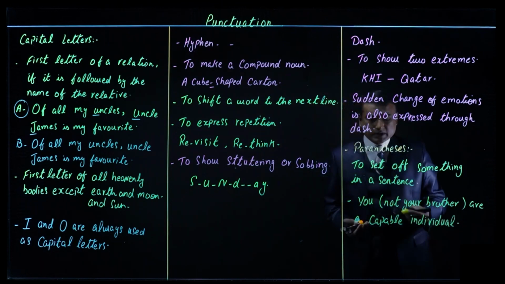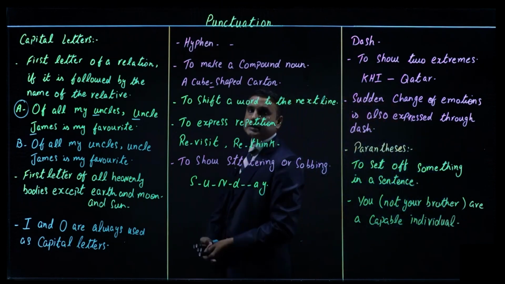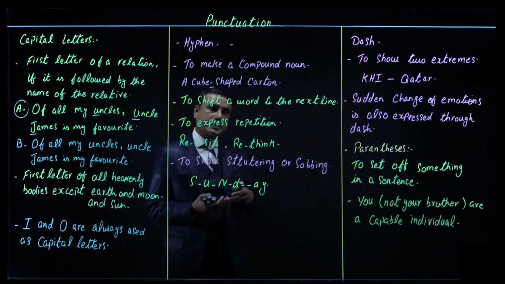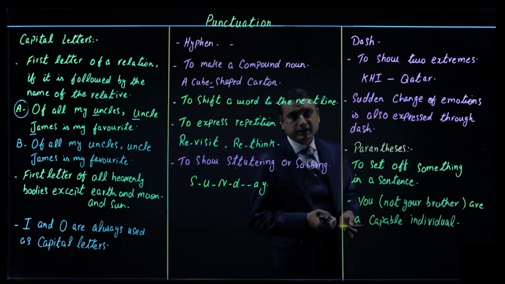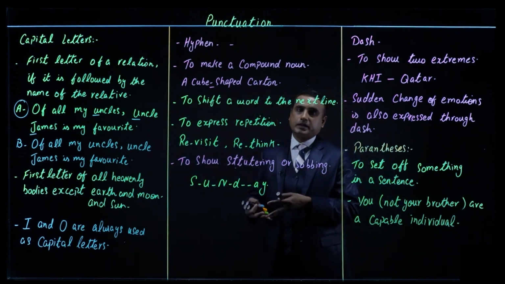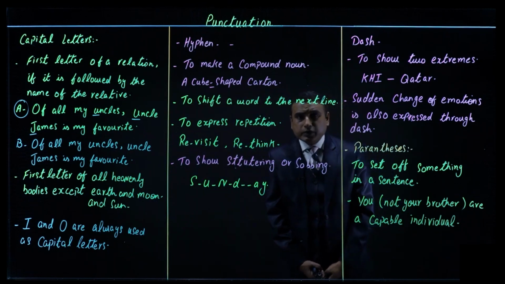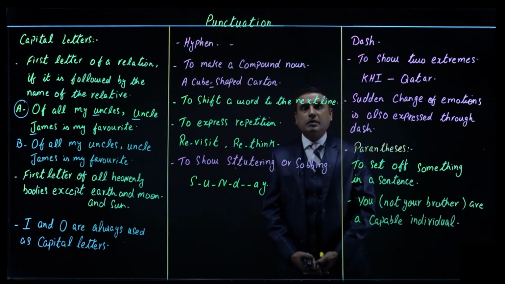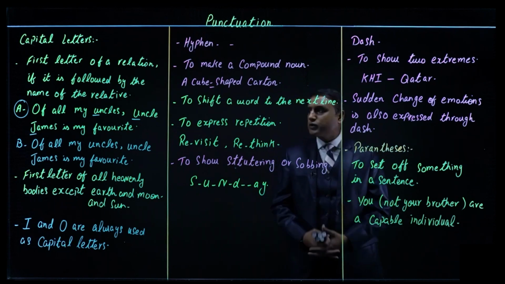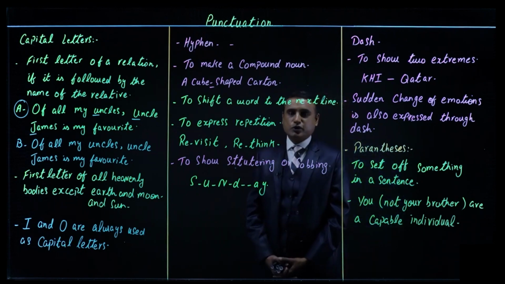So here you can see that not your brother, it is basically something we want to exclude. तो उसको हम किस में कर देते हैं, that is put in the parenthesis. So that is it for today, और punctuation हमारी complete हुई। आए अब चलते हैं लेक्चर को वाइंड अप करते हैं।